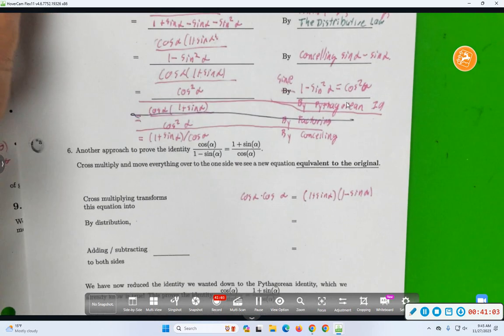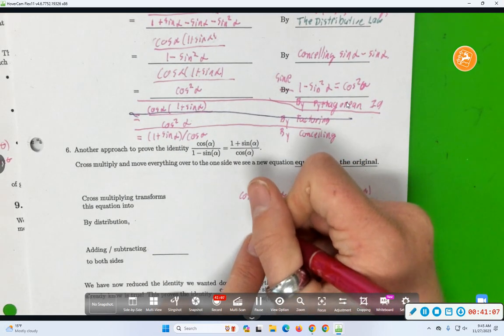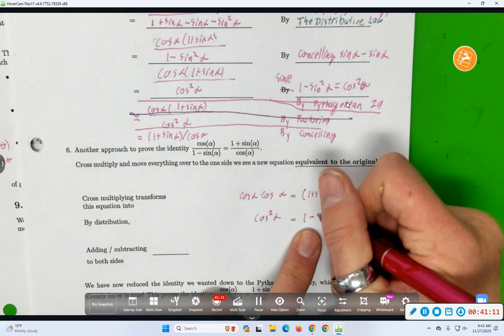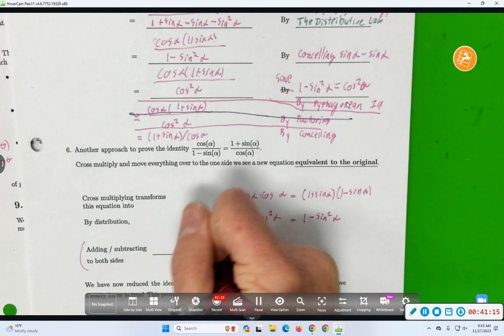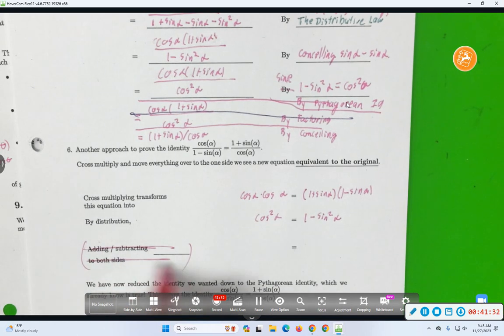Well, I guess it says to distribute, so let's distribute. Left-hand side is just cosine squared alpha. Right-hand side is 1 minus sine squared alpha. And ignore this if you would like. There's more than one way to come up with a proof. What looks useful to do next? 1 minus sine squared alpha is cosine squared alpha, so